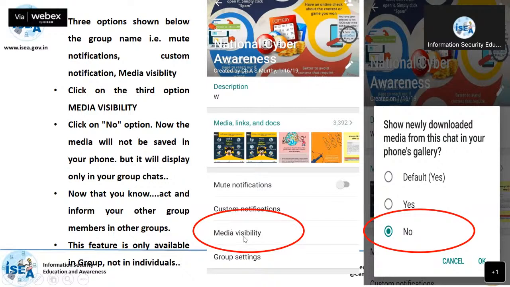The moment you select the media visibility, there are options: default, yes, no. So what will happen? Default no means no media will be downloaded. Yes, media will be downloaded into your internal phone memory, and no means media will not be downloaded into your phone memory at all. So if you choose media visibility no, completely no media will be downloaded into your phone internal memory,